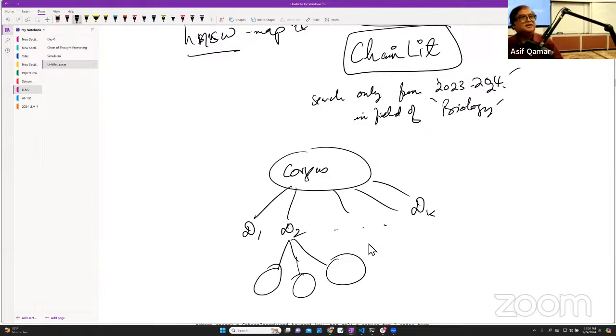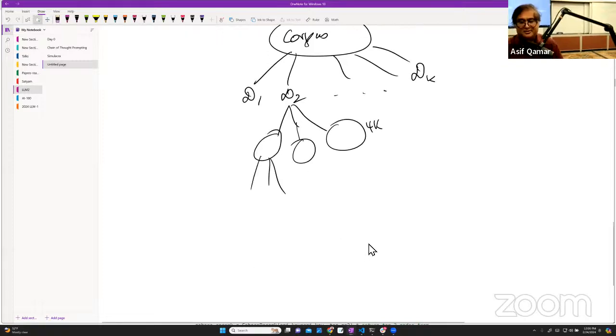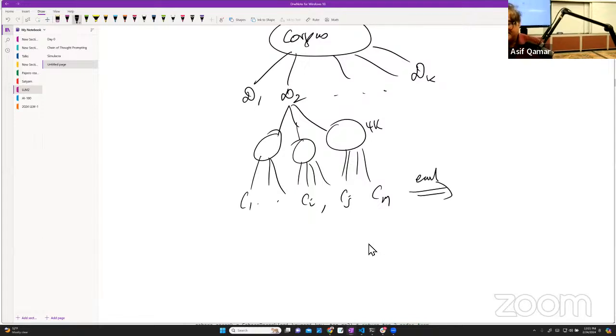Let them be large. Let them be, for example, 4K tokens or whatever it is, right? Big chunks. Then each of these fibrates out to chunks: C1, Ci, Cj, and Cm. Lots of chunks, millions of chunks. Right? Now you go do vector embedding of this. So you get E1 through Em. Let us say that you do search on this, and Ei, Ej come up, and let's say